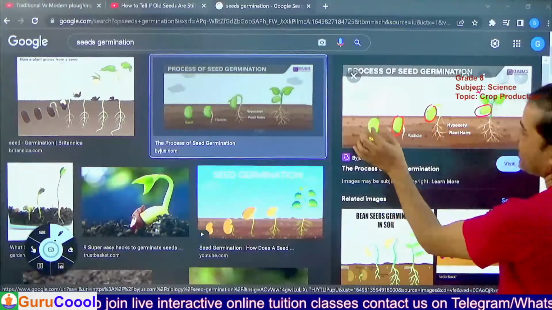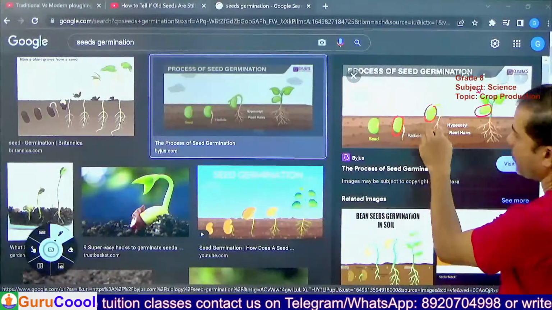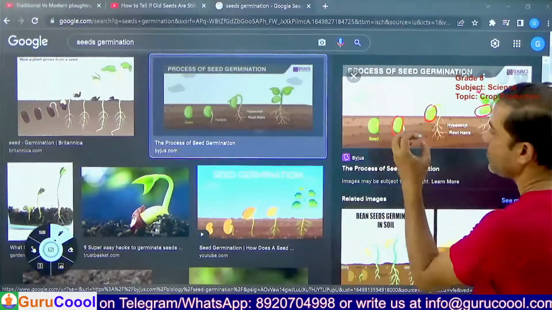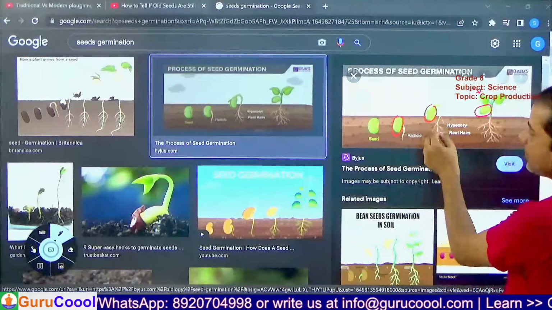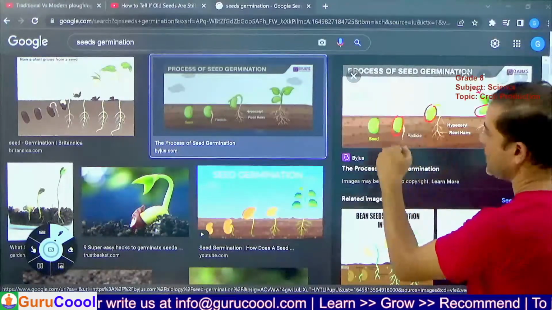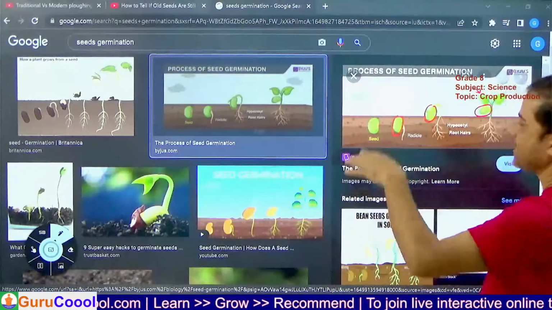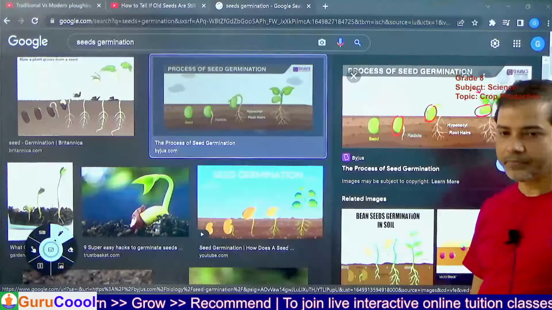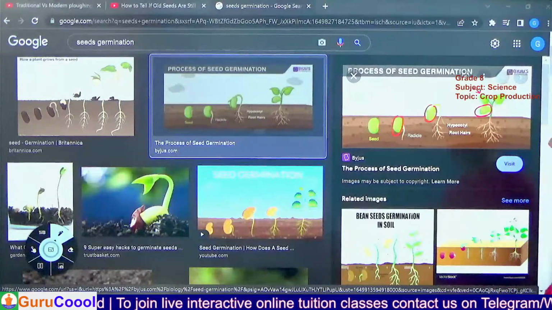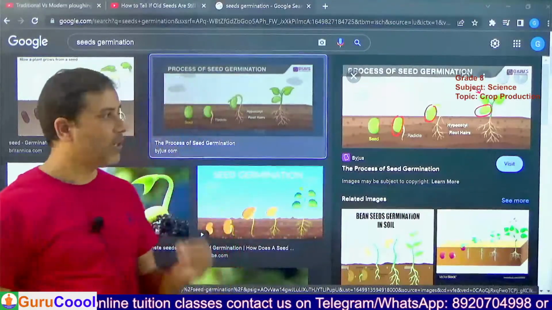So if the soil is loose, lighter, the roots may penetrate into the soil so easily. Think, if the soil is very hard, the roots will not be able to penetrate the soil and go inside. It will be very difficult for them to penetrate the soil inside. Do you think so? Yes, sir. So this is the reason. There are many other reasons. The third reason is that